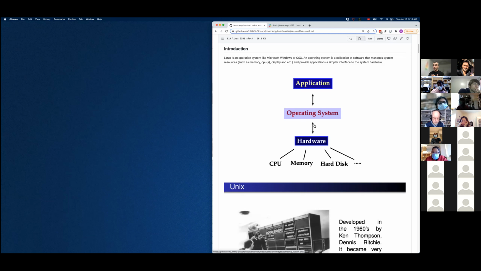Otherwise, we would have to know the hardware of every different computer, and you would have to write your code or software for specific hardware.